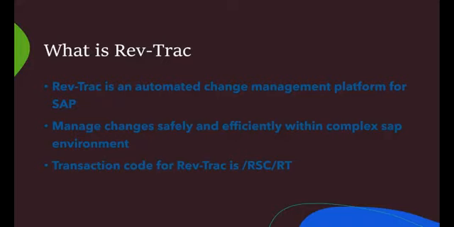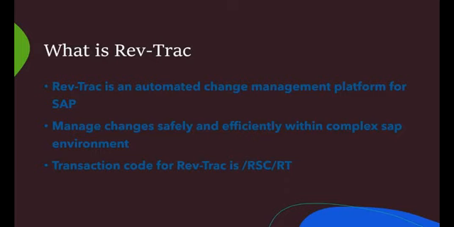This RevTrack platform will help to overcome that type of problem. In RevTrack, what will happen is we create a RevTrack request. Once the RevTrack request is created the first time, the transport request will be created for an object. Then it's moved to the quality system. Again, an issue is raised in the quality system. Here we need not create the transport request again manually. Directly we go to the RevTrack request. There is an option to generate. It automatically creates a transport request and keeps it under the RevTrack request.